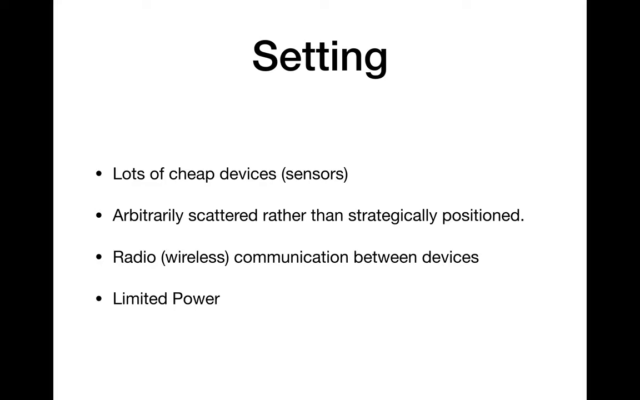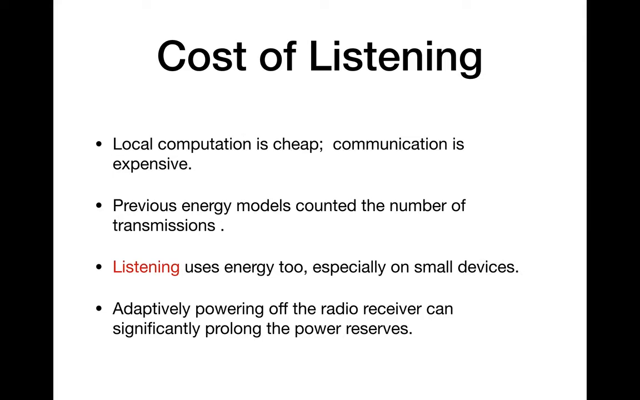So this is a setting we're interested in, not necessarily forests, but a network of cheap sensors. They're not carefully positioned, but just tossed everywhere. They can communicate with each other wirelessly and have limited power. So our assumption is that local computation at the sensors is cheap, but the dominant cost is communication between sensors,